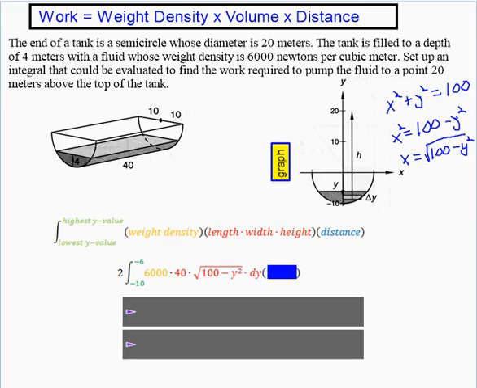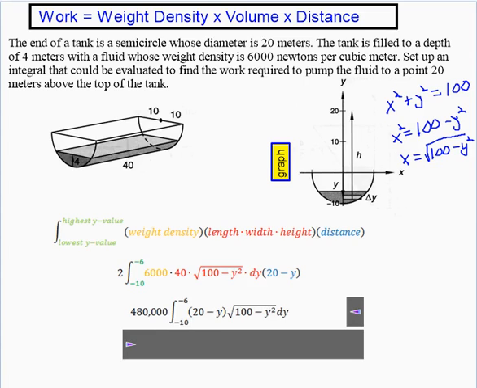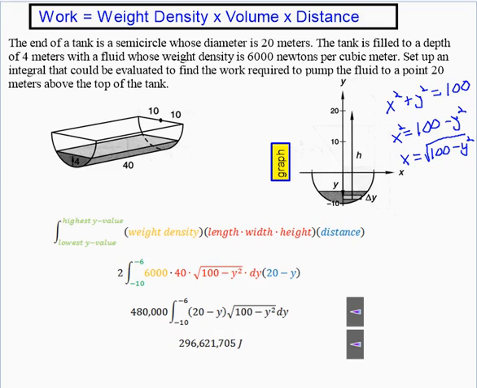So we mentioned the volume has to be 40, the length, the width, and the height, and then the distance that it has to move is going to be 20 minus y. It actually just said set up an integral that could be evaluated. So this is all we need. We could clean this up a little bit to make it look like an integral that's about to be evaluated by bringing out the 6,000 and the 40. So we would have 480,000 and then times this integral. If you did want to evaluate it, you would get this